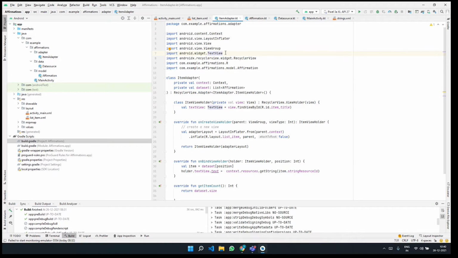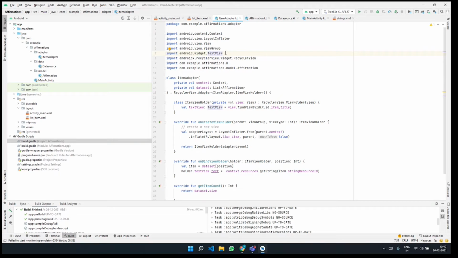using the string resources to display the affirmations in the app. I'll show you the file also, exactly where the string resources are present. And we'll basically add two things to our project.